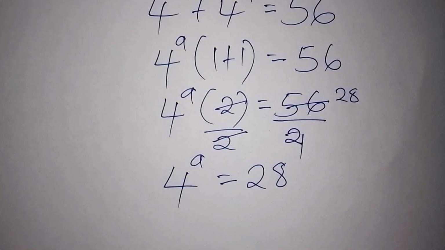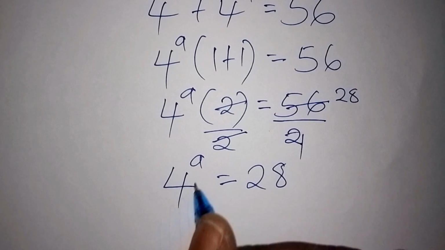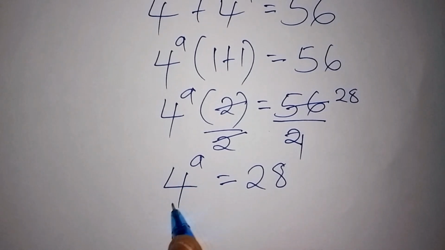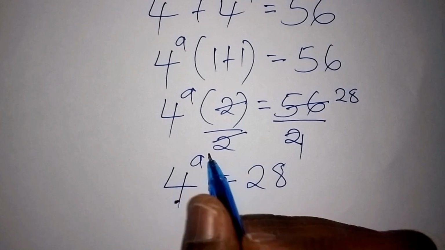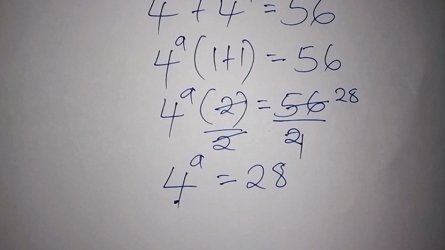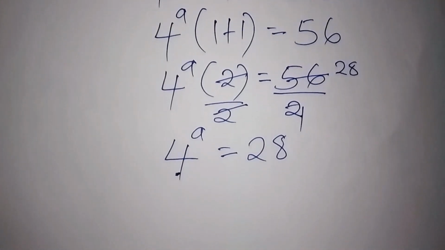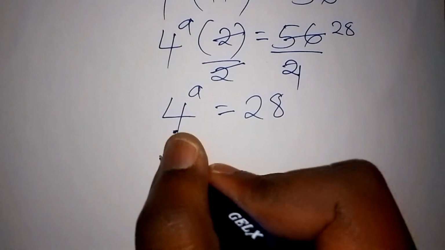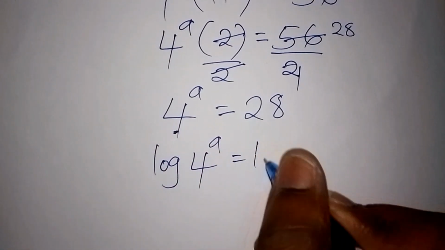So from there, we cannot change 28 into a whole number and an index number. In the same way, this one we have a base that is 4, a whole number, and an index in this case is a. So we are now forced to introduce the log on both sides. So from here now, we shall introduce the log of 4 to the power of a is equal to the log of